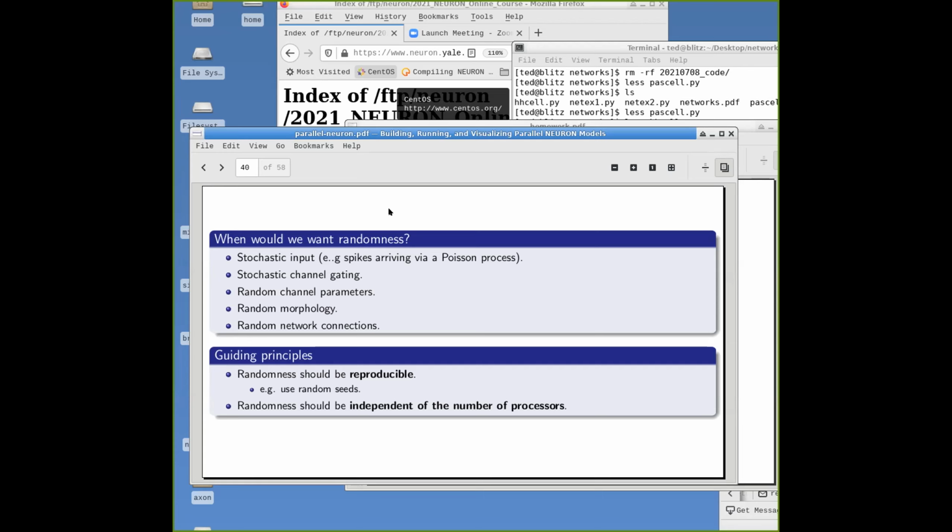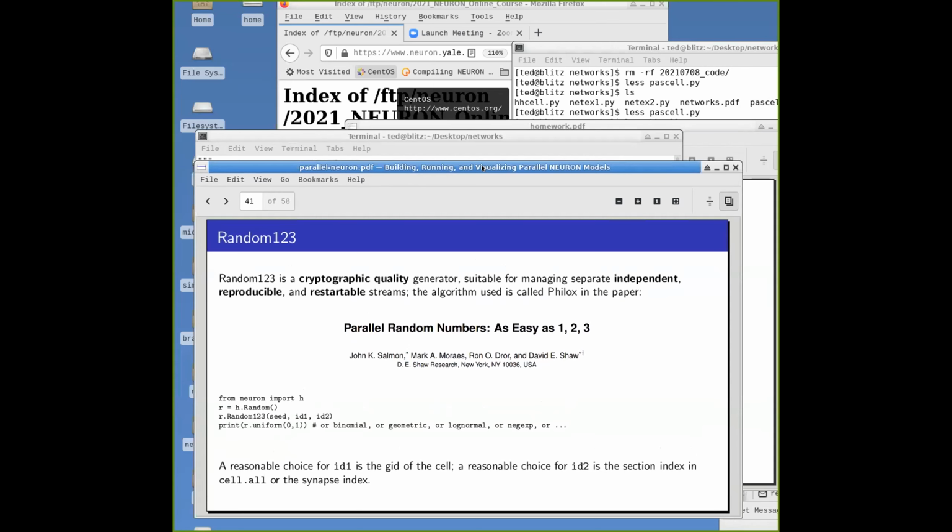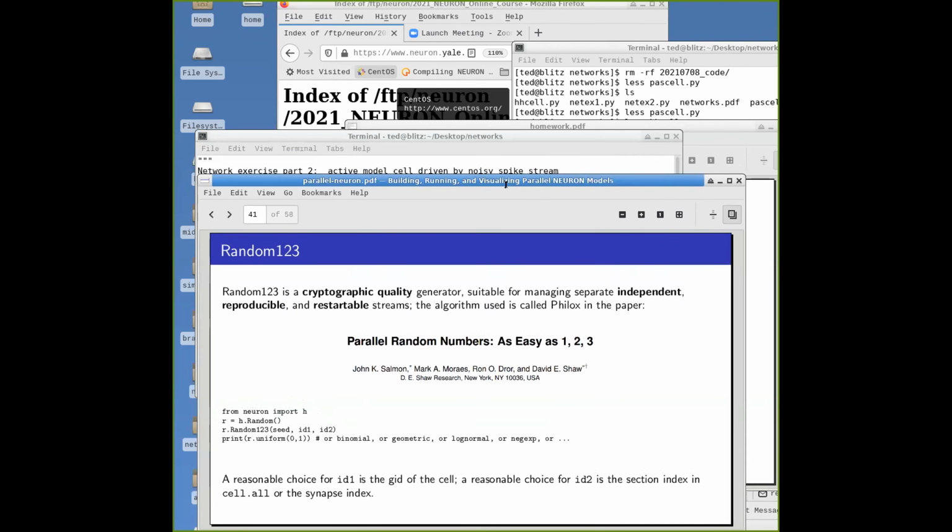We have a very simple task here. With this very simple model, you have only one thing that needs pseudo-randomness, but we should take better care with it. What we could do is seed our random stream and let one of these indices be a number that corresponds to how many runs we've done. Two of these parameters used by random 1, 2, 3 are free for us to do whatever we want with,